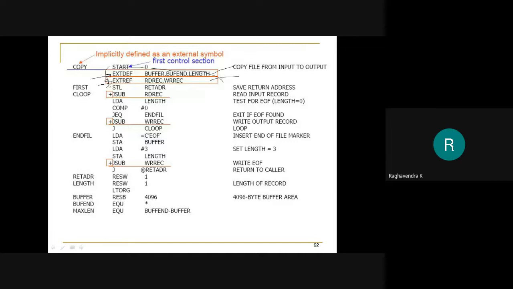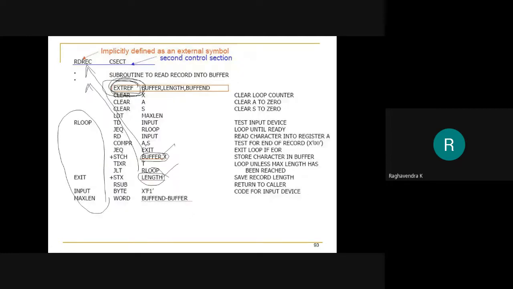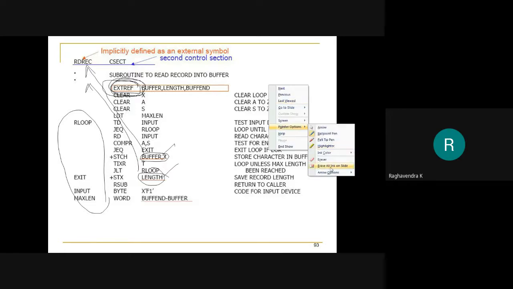This information will help the assembler and the loader perform the program linking. How the assembler performs this program linking, or how it passes this information to the loader, we shall discuss in the next session.